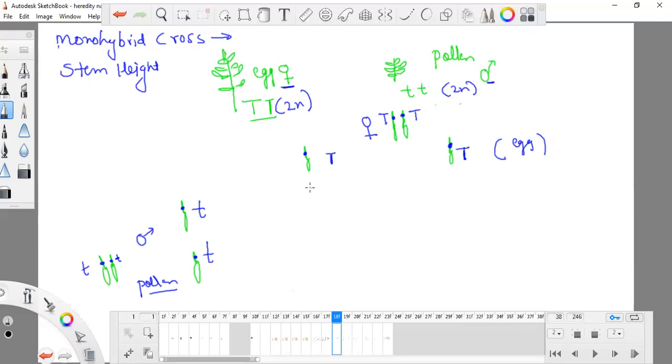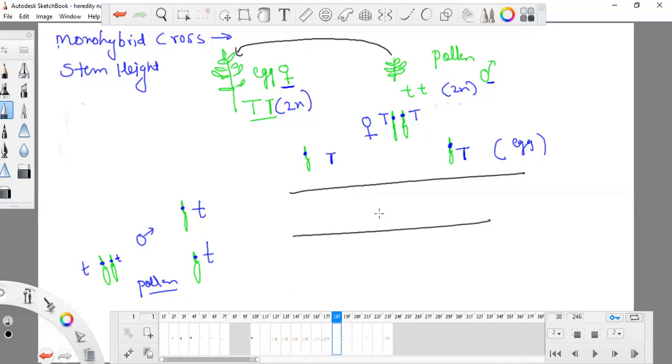The male gamete will fuse with the female gamete, and here there are pollination agencies. What are pollination agencies? Some agencies bring the pollen from father to mother. You remember this? The pollen will come here, and there will be fertilization. So there are agencies like birds and wind that bring the pollen from father to mother.